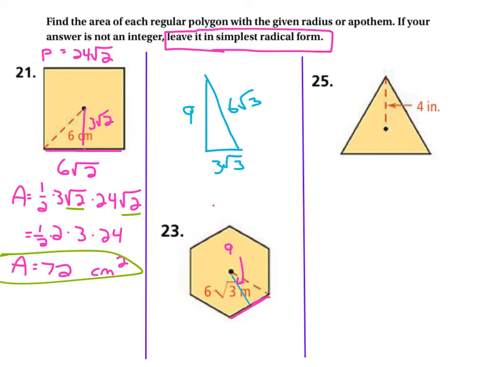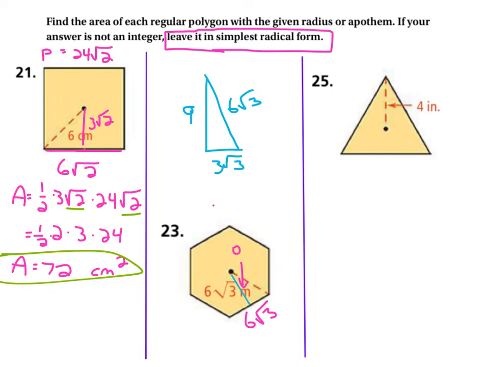Then the whole side length is 6 root 3, which makes sense because if this is a hexagon, and it is, then we're getting equilateral triangles when we draw all of these. Okay? So sorry about that, I'm erasing all my lines. So this becomes 6 root 3, and